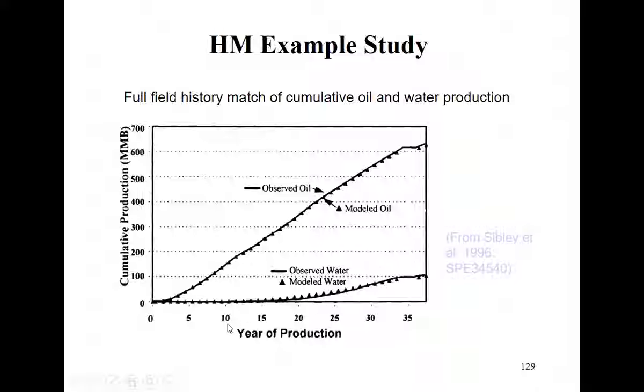In this field, we are matching perfectly. The water is reproduced at the same time as the simulated. So this is a perfect match, but this is cumulative, and cumulative is depending on the